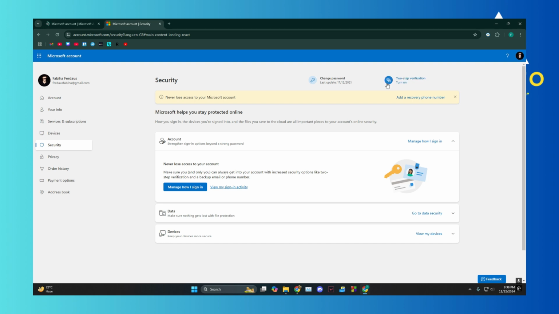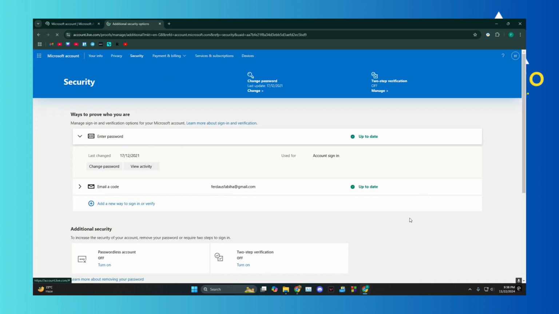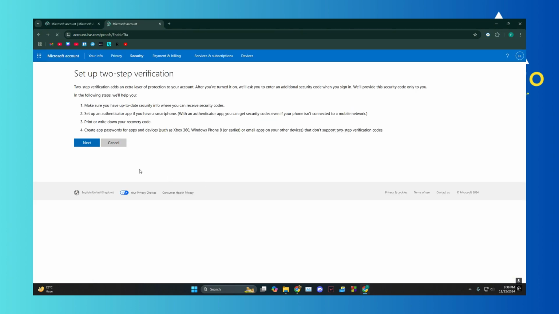So right over at the top right, you see two-step verification. If I click on it, then this takes me to this page. So let's say we want to turn it on, so we'll click on it. So you need to set up an authenticator app, things like that, and then you click on next,